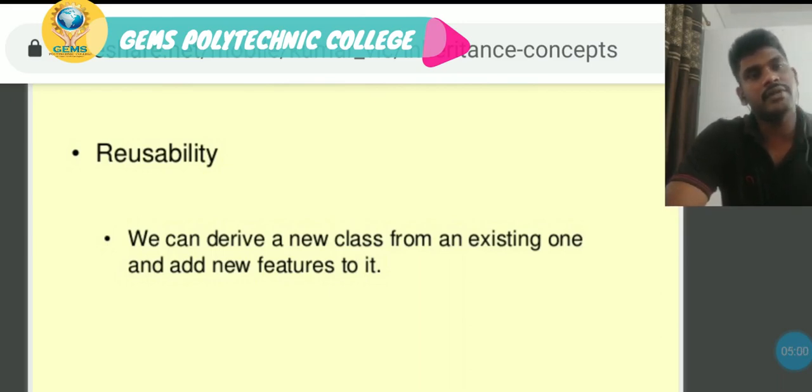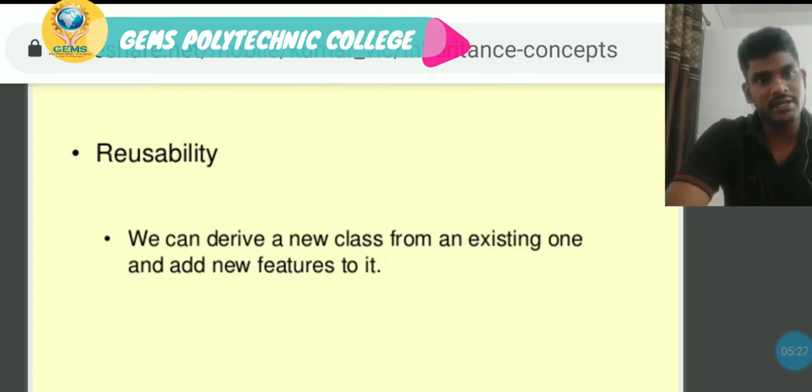What is the benefit? The benefit is no need to write code again, and we can save memory, save space, and save energy. These are all benefits of the reusability concept that we get in inheritance.